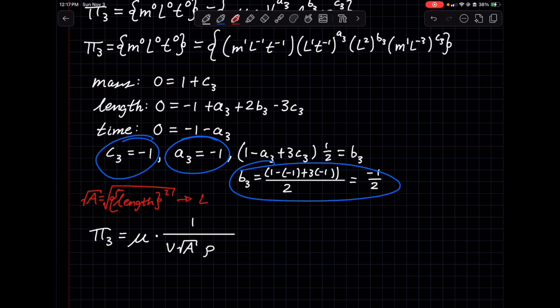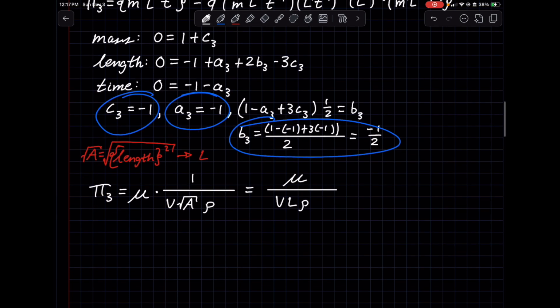Because anything that is length squared, if we take the square root of it, just becomes length. So what we can do is say that pi 3 is equal to our kinematic viscosity divided by VL rho, which some of you may recognize is very close to the Reynolds number,